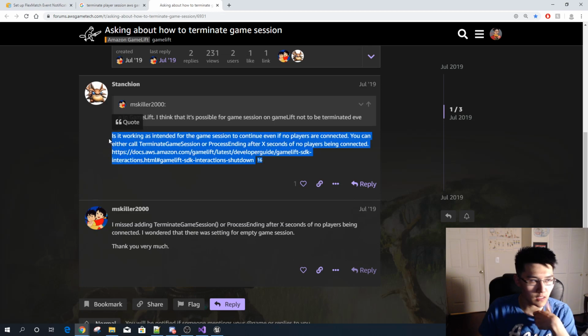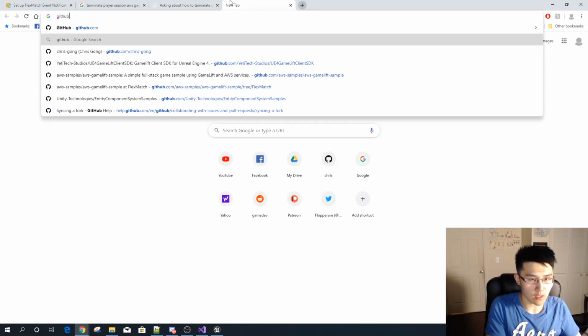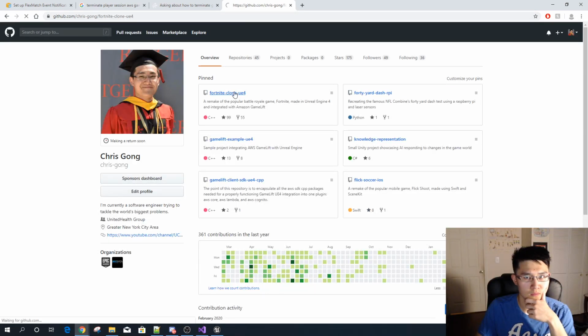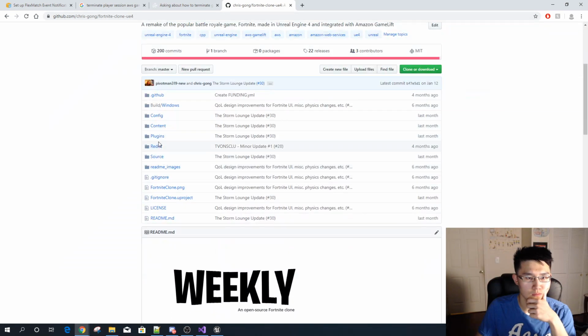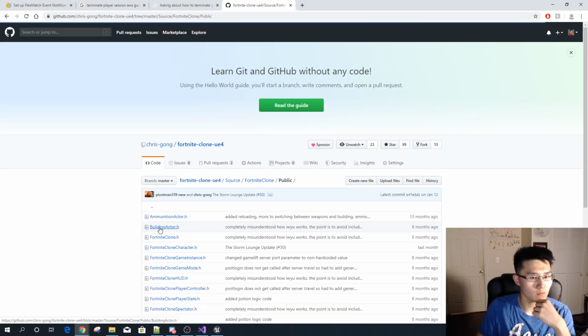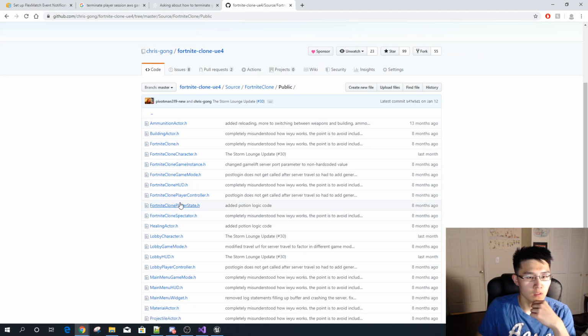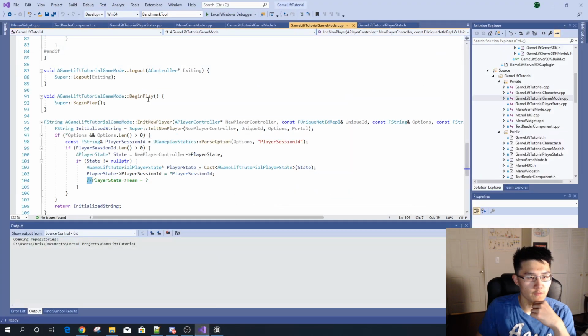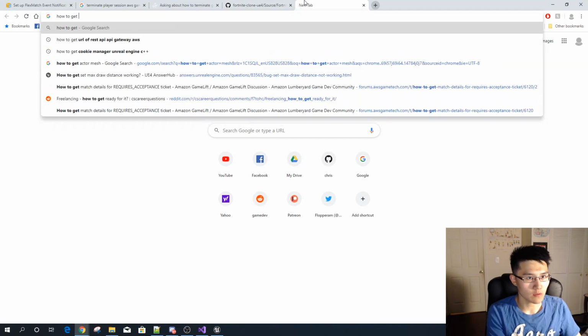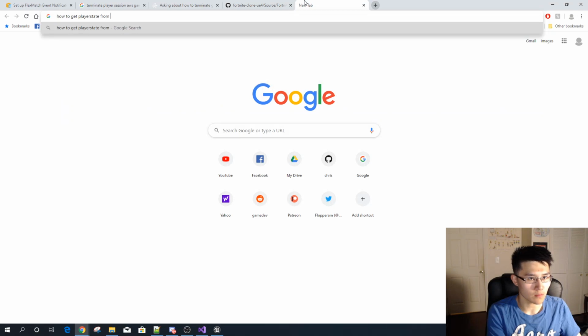Okay, so I still have to do that on my own, clearly. And I believe I actually did it in Fortnite clone already. There was some server code I remember that handled how the game sessions were terminated. But first, even before that, a controller, how to get player state from